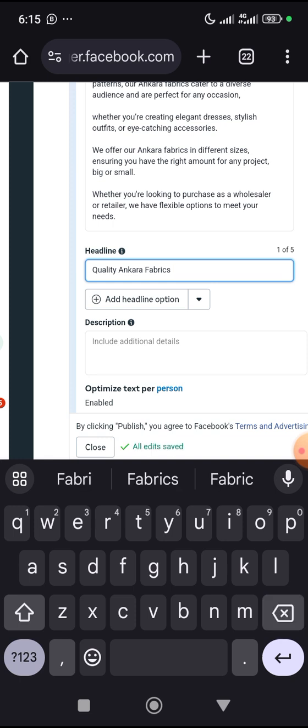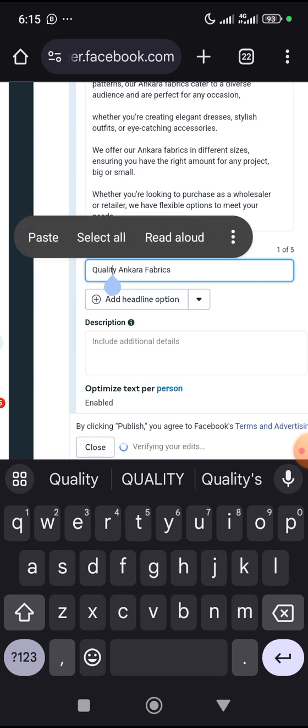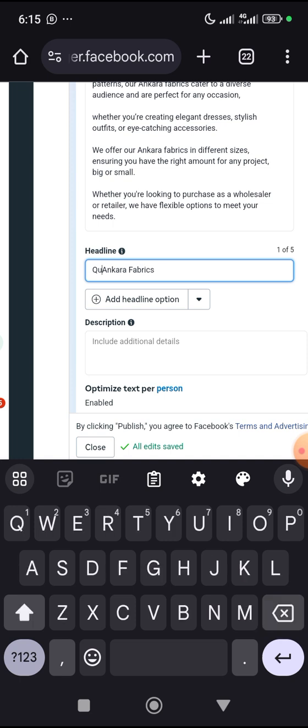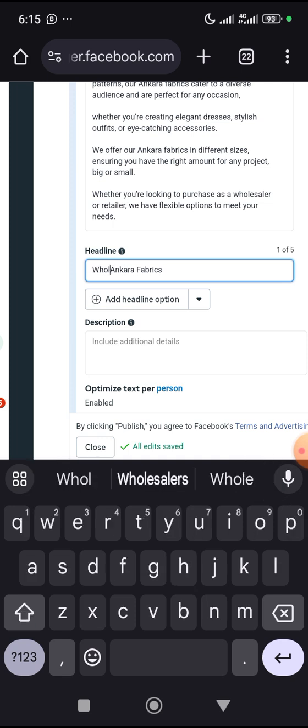Or instead of quality Ankara fabrics, let me put wholesale here, so that anybody that sees it, the first thing they see is wholesale. So if you can just show wholesale Ankara,